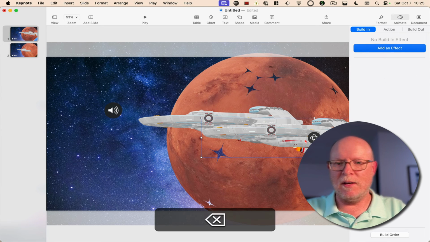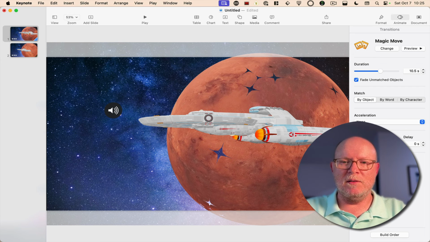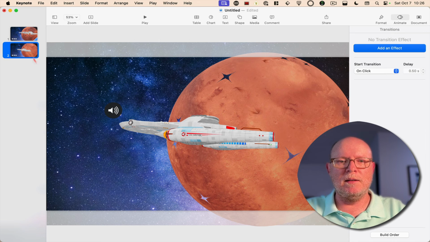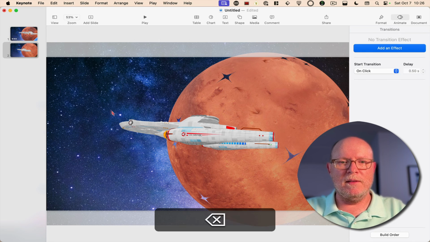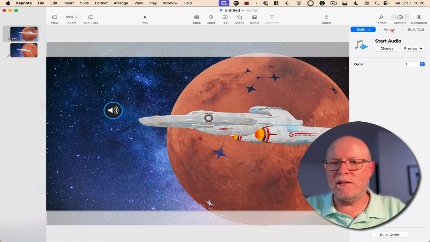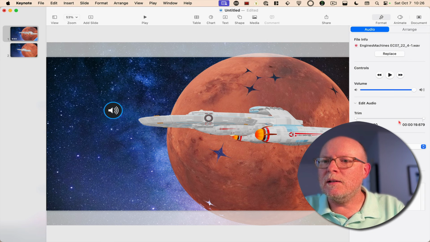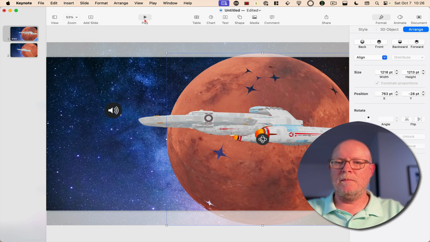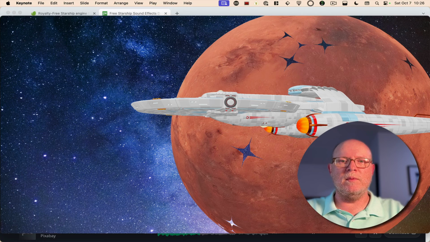Oh, let's see, we've got two spaceships there, so we want to get rid of that one. We also want to make sure that, let's go ahead and take off this second audio, go back to the first one, and make sure that this clip is only playing for 10 seconds. That's how long the transition is that we set before. So now when we play it,